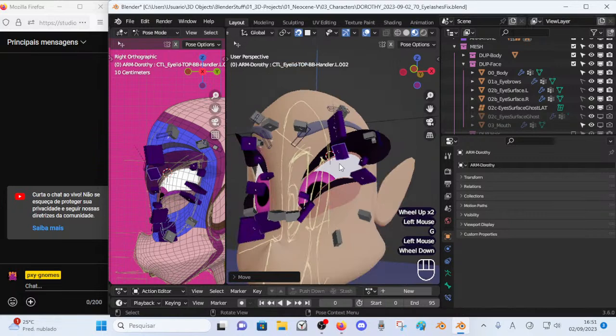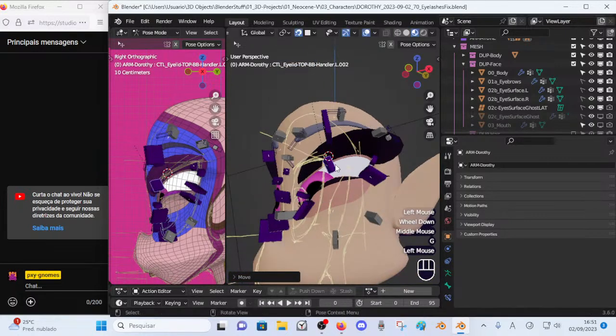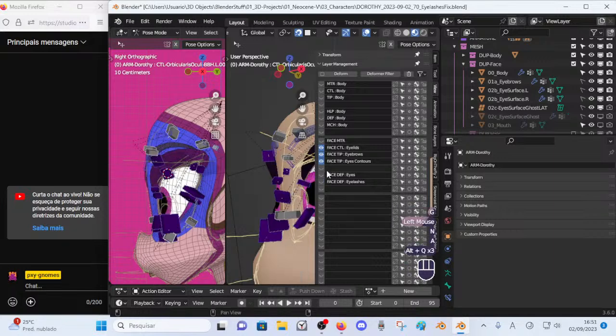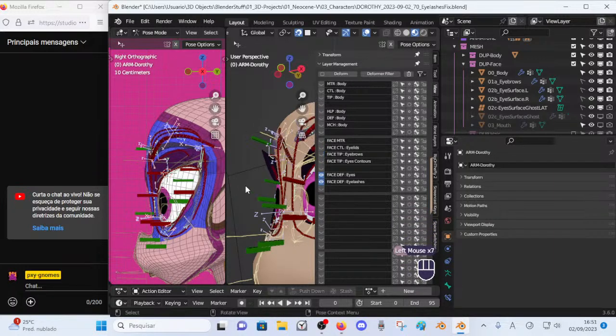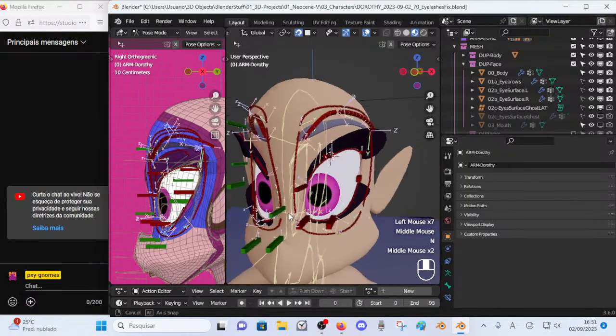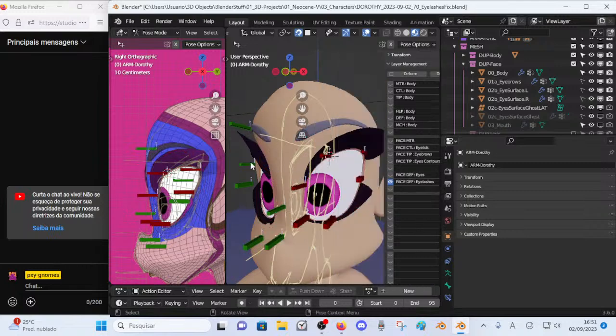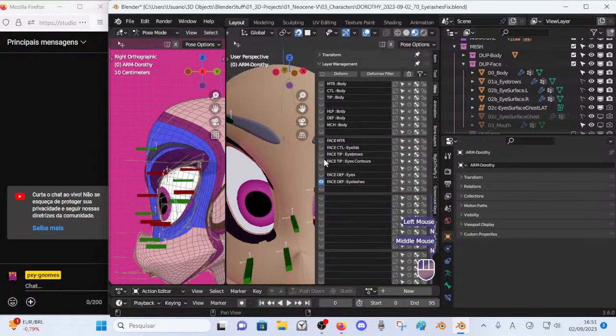So this is the coolest thing, right? I don't need to be showing these bones here. I only need to show the... yeah, actually,